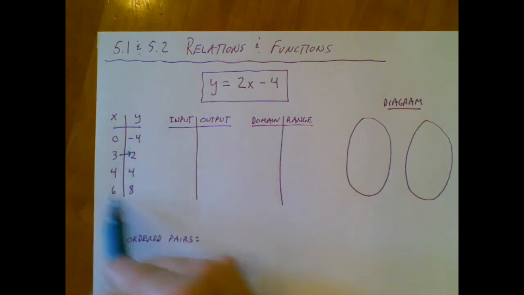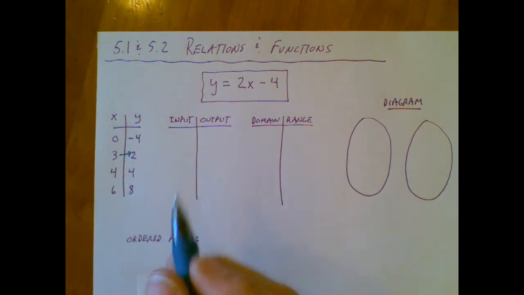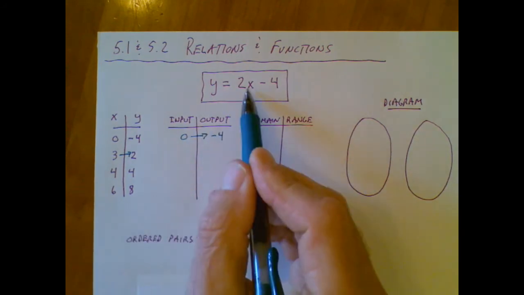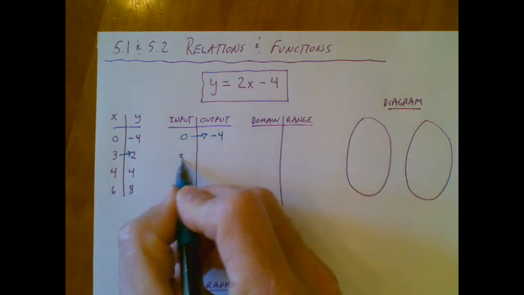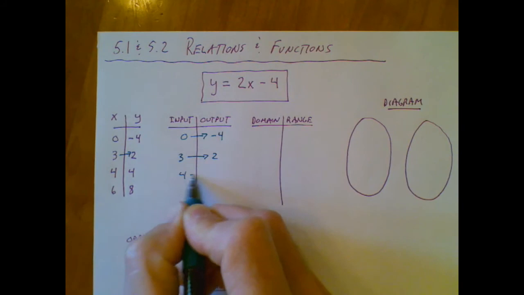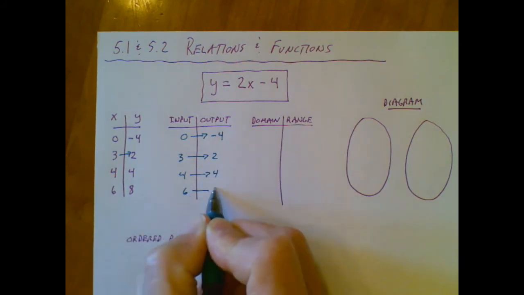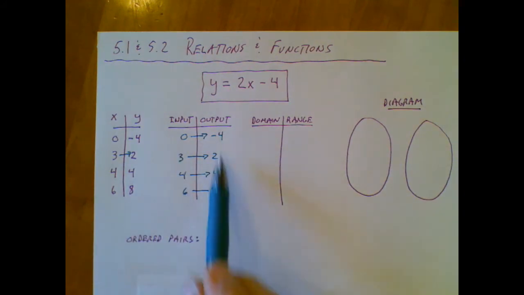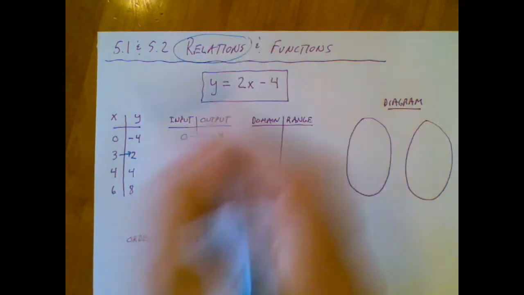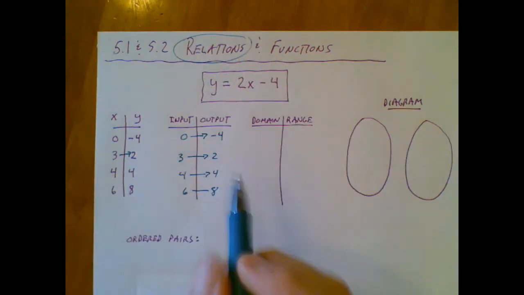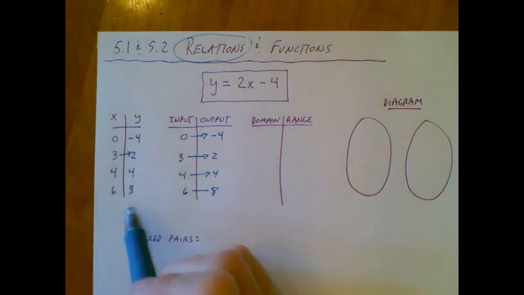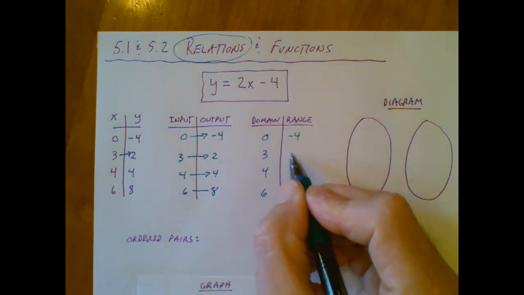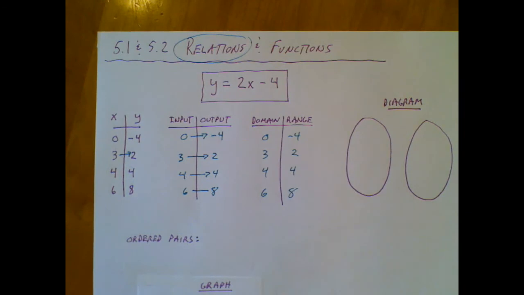You're maybe familiar with making these t-charts, but we can think of these t-charts as if I input a 0, I get out a negative 4. Plug in a 0, do the math, get out a negative 4. And I can do the rest of the way. And this relationship between the input numbers and the output numbers is what we would call a relation. And you can think of that as input the x, output the y, input output, or you can also think of this as domain and range, which is going to make more sense as we start graphing these